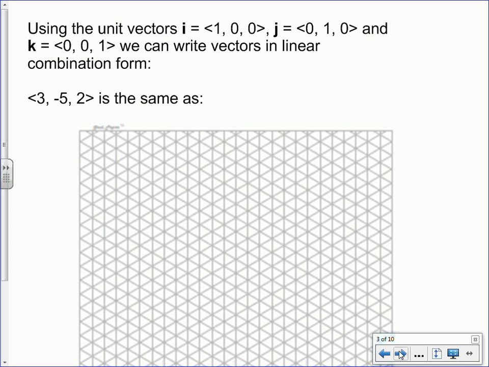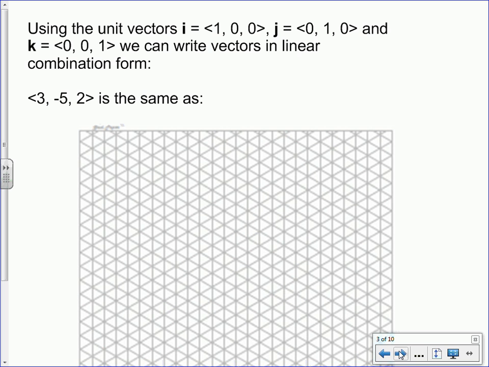And vector k, 0, 0, 1. Okay. These are unit vectors in just one direction. This is along the x-axis. This one sits along the y-axis. k sits along the z-axis. Okay. So,